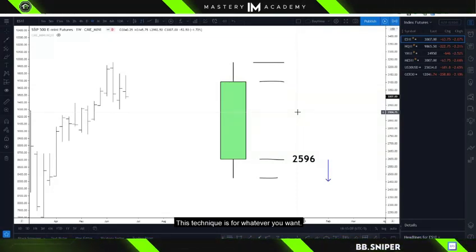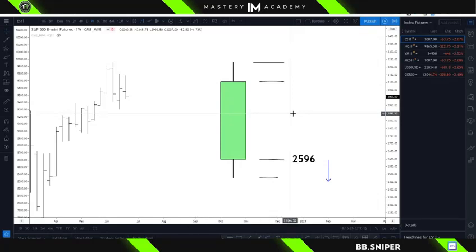Is this technique for a swing trader? This technique is for whatever you want. It could be a day trade, swing trade, it could be a long-term trade, whatever you want, okay? Depending on which time frame, of course. If you're doing this on a 1 hour time frame, obviously that's probably going to be a scalp or an